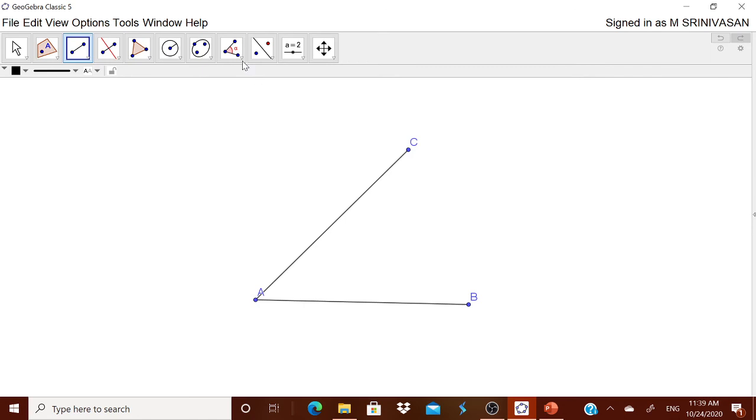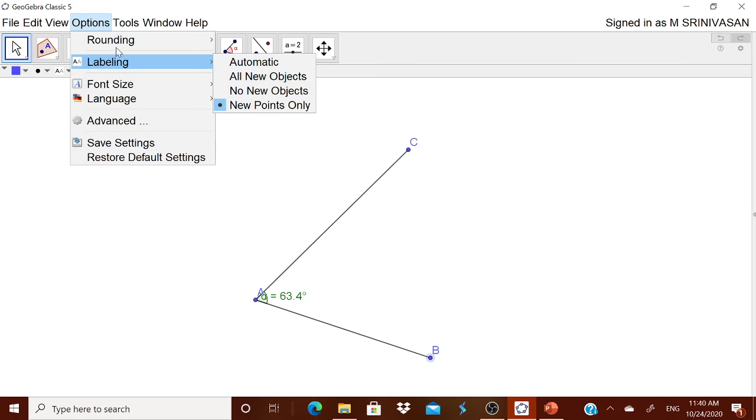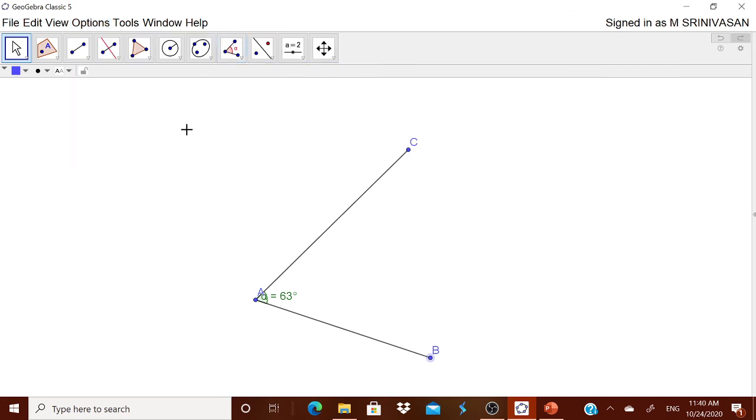Now I want to know what is the angle of it. The angle is 1, touch it and then touch it. Now you got the angle now. You see, this is the angle made. But remember, as I told you earlier, whenever you are having the option to have the rounding off to 0, rounding off to 1, rounding off to 2 and so on, you can show it to the children by rounding off to that particular value.